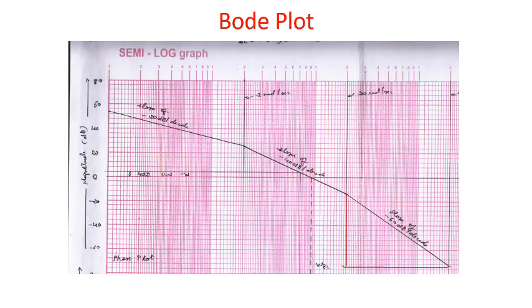Where it is going to cut an arc here, then you will be getting a point here. Then draw a line which is of a slope minus 60 dB per decade. So 60 dB down and 1 decade front, no? So minus 60 dB per decade. It will be continuing till infinity. So we are having the three magnitude lines, that is straight lines: minus 20 dB per decade, minus 40 dB per decade, minus 60 dB per decade.